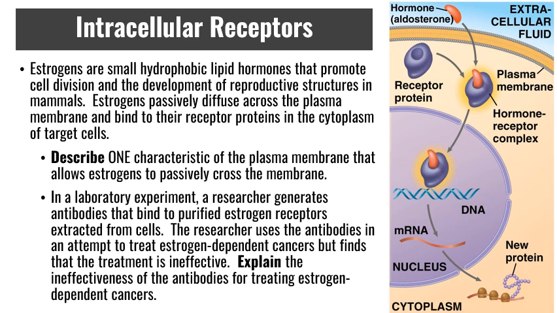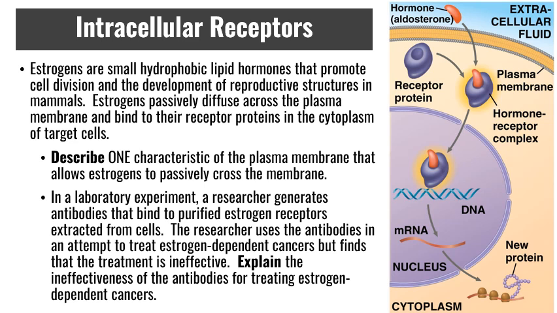So when they put these antibodies on the outside, they're not able to get through the cell membrane because antibodies are not made of lipid, they're made of protein. Since the receptor is inside of the cell and the antibodies are outside of the cell, it is not going to be effective. Some intracellular receptors will be just in the cytoplasm. Some of them will be directly in the nucleus, but they will typically initiate a response directly, unlike the other